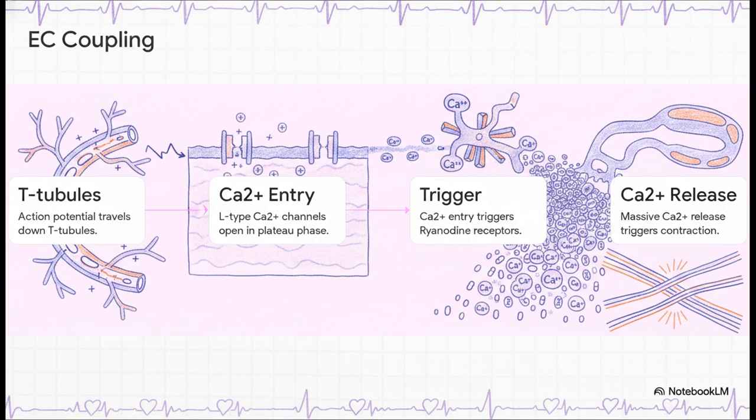First, the action potential travels deep into the cell along the T-tubules. During that phase 2 plateau we just talked about, extracellular calcium enters the cell through L-type channels. Now, this small amount of calcium isn't enough to cause contraction on its own. Instead, it acts like a trigger. It binds to ryanodine receptors on the sarcoplasmic reticulum inside the cell, causing it to release massive flood-like stores of internal calcium. And it's this flood of calcium that binds to troponin, causing the actin and myosin filaments to slide